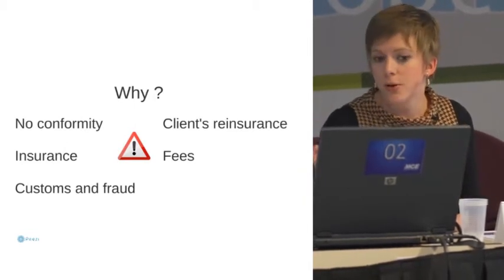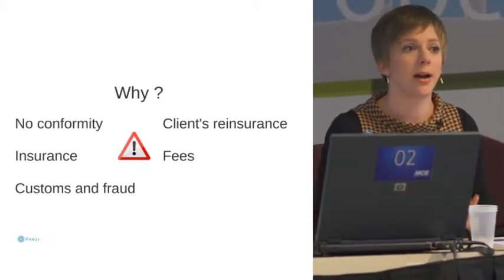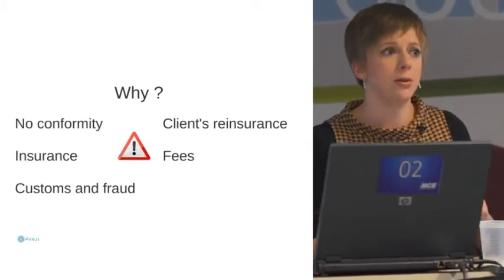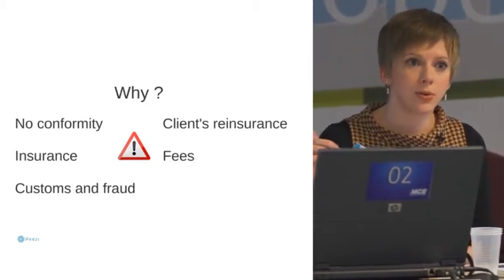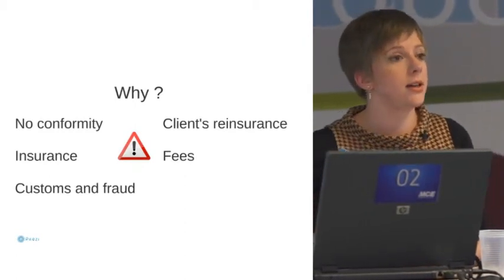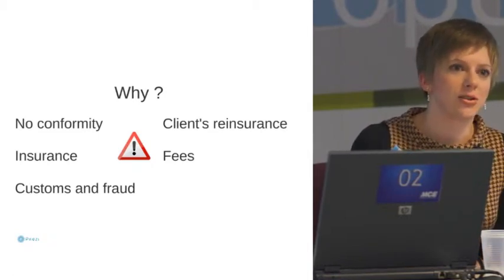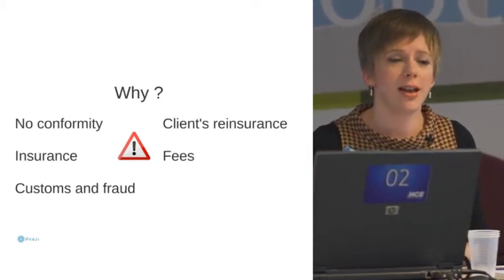A really important point also is insurance, because perhaps your manufacturers don't know about CE marking, but you can be sure that the insurance companies do. So if you sell a product that is not CE marked and you have any problems with it, the insurance won't pay. So that's really important to explain to the manufacturers. Another point is that customs and fraud authorities can fine the manufacturers, but they can also block the products, and that's not very good for your commercial relationship, when you say, I'm sorry, you need to wait 3 or 4 weeks more